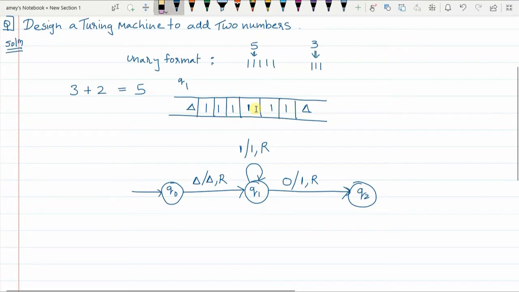So the pointer comes here, and by doing that, the machine moves from Q1 state to Q2 state.